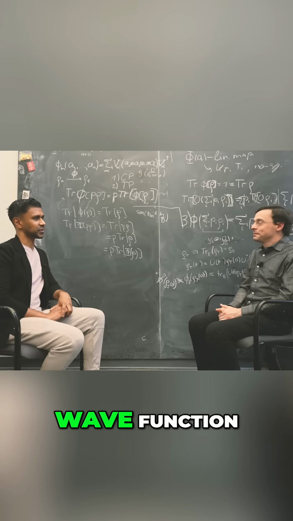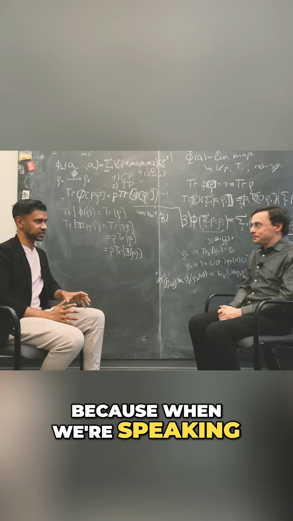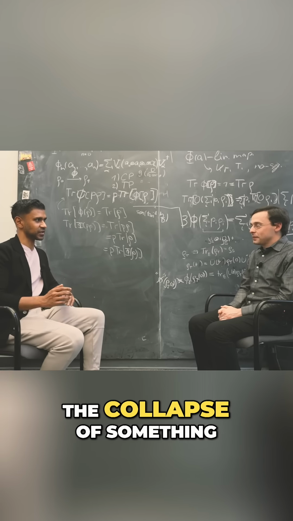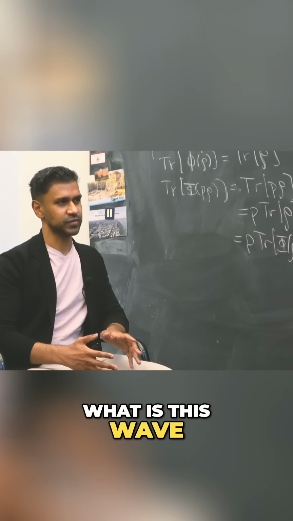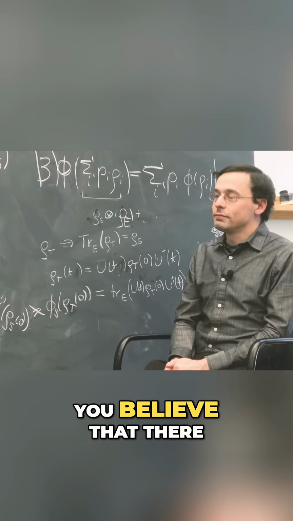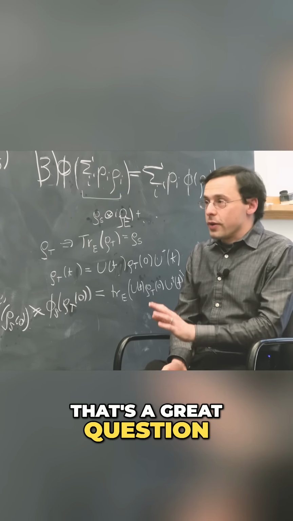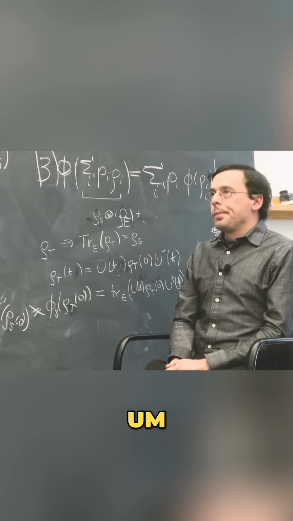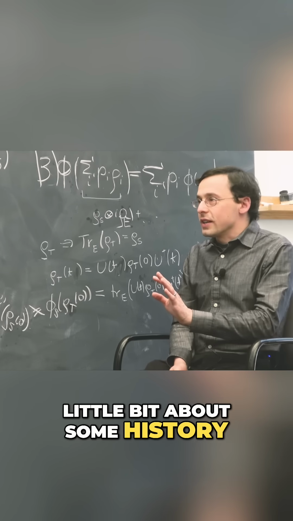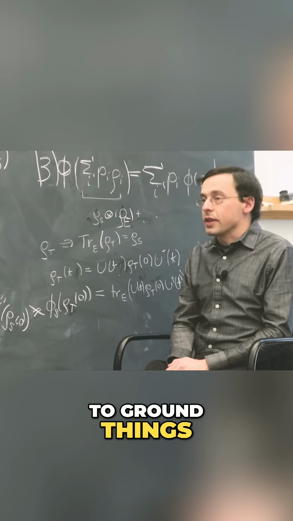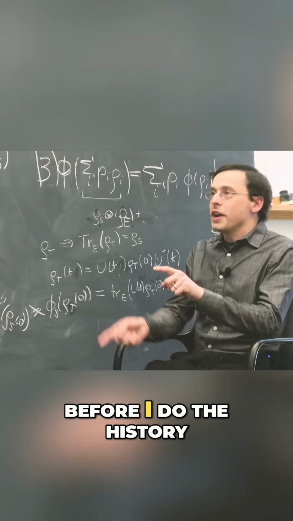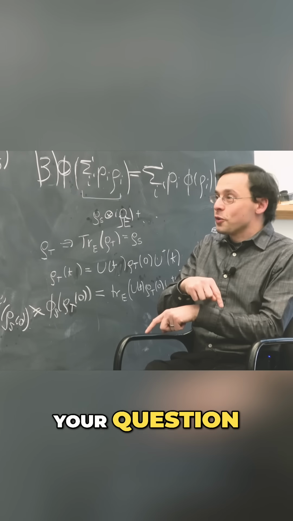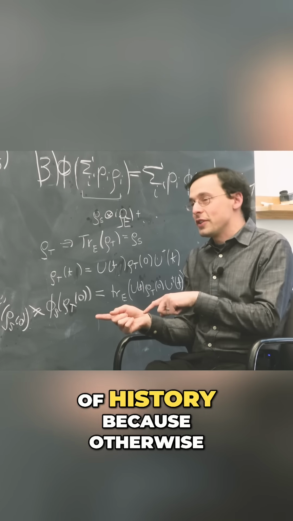Okay, let's talk about the wave function, because when we're speaking about the collapse of the wave function, the collapse of something, what is this wave function, and why do you believe that there is none? That's a great question. So let me say a little bit about some history. I think some history here might be helpful to ground things. But before I do the history, let me first answer your question. I'll give the short answer, and then we'll talk a little bit of history, because otherwise I might get lost